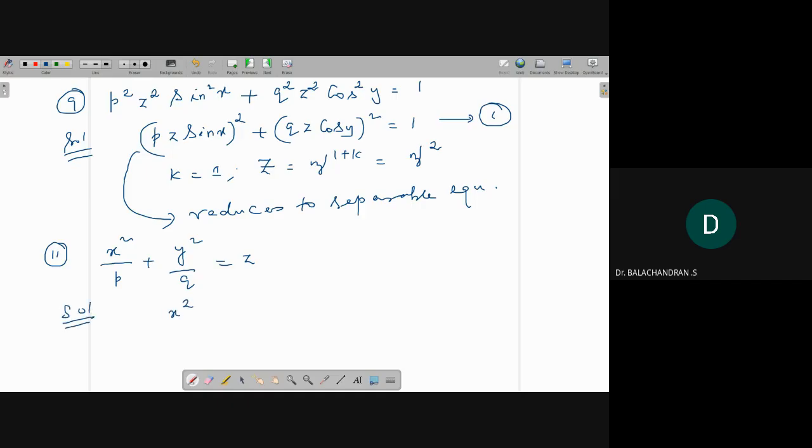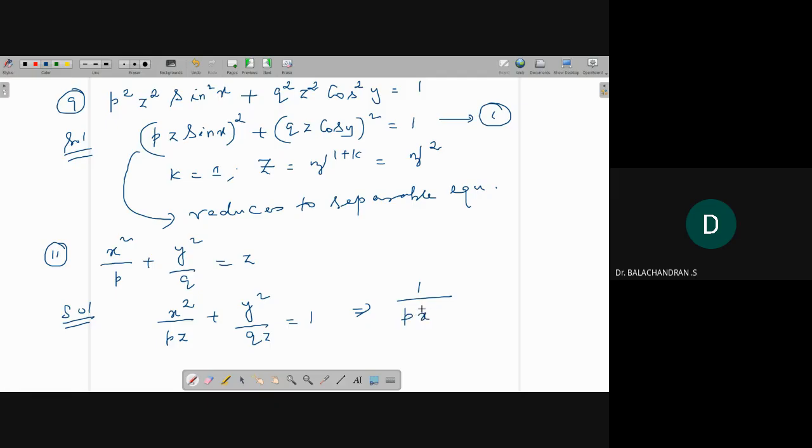x square by PZ plus y square by QZ is equal to 1. First divide by Z. The power of P is always 1. That's why I will write x square in the denominator. Don't write everything in the numerator. If you write everything in the numerator, P power is 1 minus 1. So that's why I will write here P